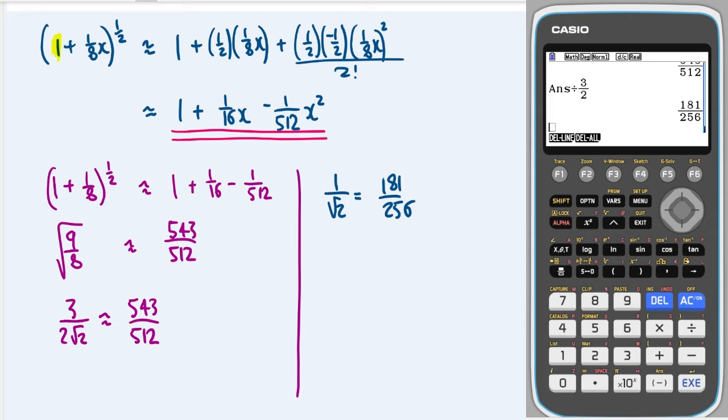Okay, now there's two ways of getting this into just root 2. The first way is that we could literally just flip over that fraction, and that'll give me root 2 is equal to flip over this fraction,